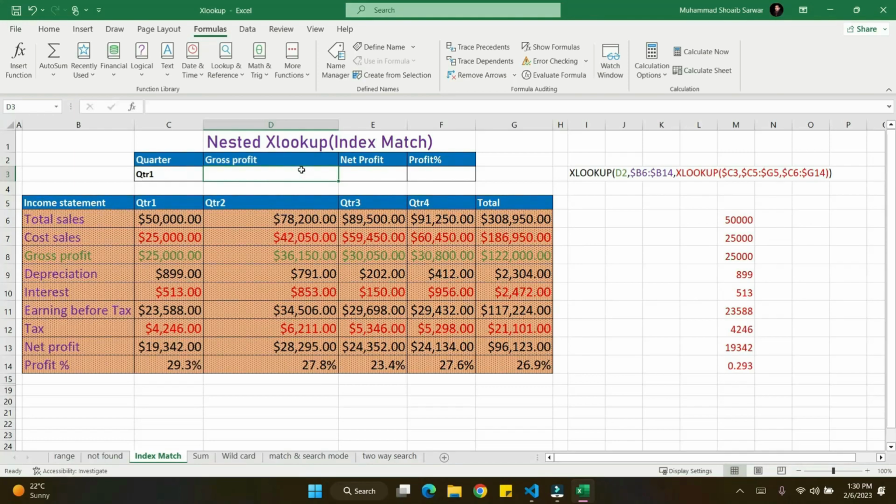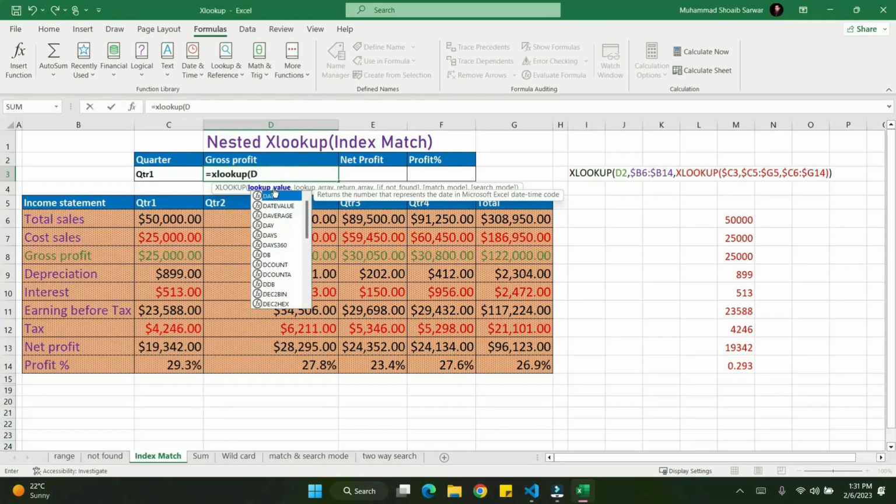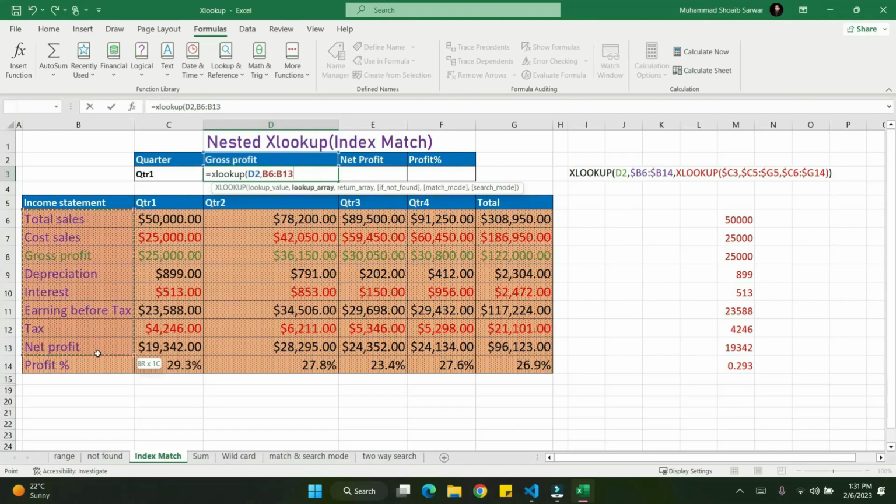Let's see how we can do this. We'll start writing the Xlookup function. The lookup value in this formula will be the cell in which we are writing the formula right now, and the lookup array would be this column from which the gross profit will be matched among the values given in this column. Let me make this a relative reference, and for the return array we'll again start an Xlookup function